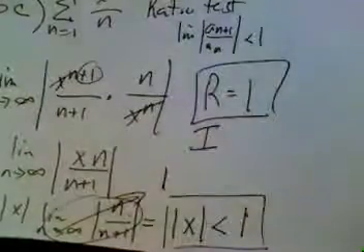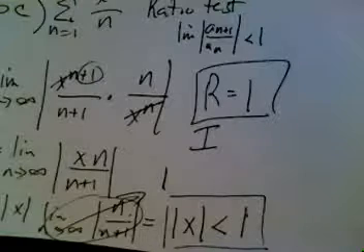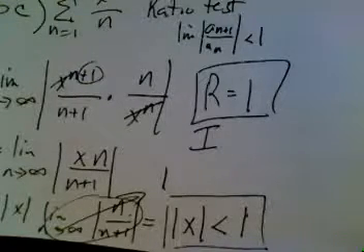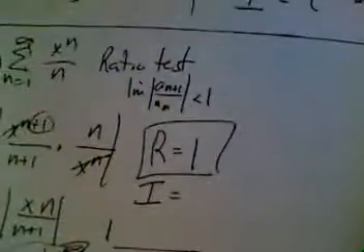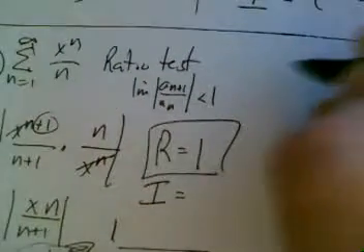What's my interval? Well, I should probably check to see if 1 for x converges, and I should probably see if the negative 1 for x converges, okay? Because the interval could be open on both, it could be closed on both, it could be open on one and closed on the other. So what I'm going to do is I'm going to go ahead and check